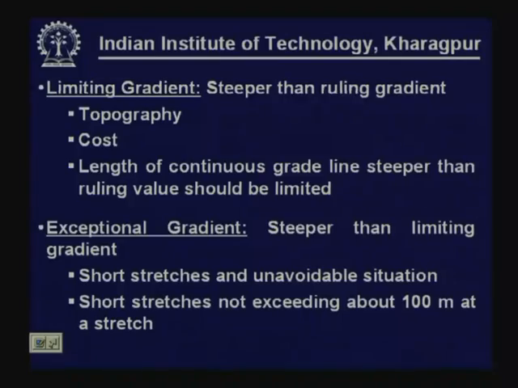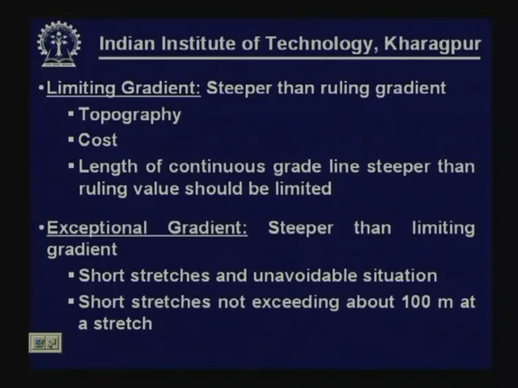Next is limiting gradient. This gives you another limit, and obviously this is steeper than the ruling gradient. Depending on the topography, it may not be possible to limit the gradient up to ruling gradient. Let me revise this statement. It might be possible to achieve that gradient or to limit it up to the ruling